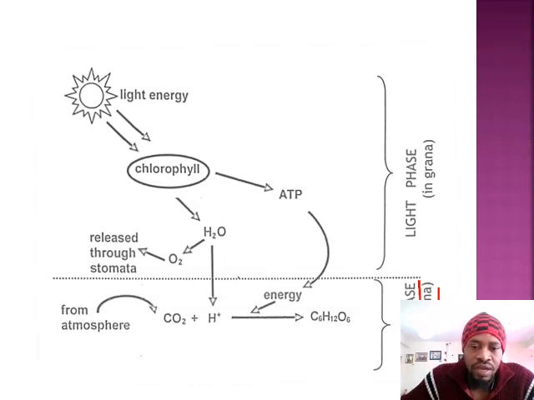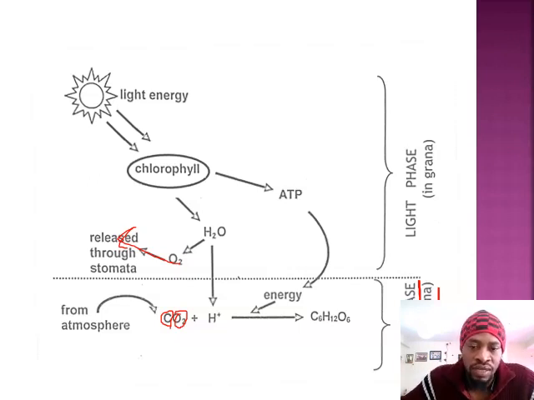Carbon dioxide brings along a combination of 2 things, carbon and oxygen. Remember, oxygen had already gone out from the light phase. We're no longer concerned with that oxygen. It's given off as a byproduct. Other organisms like you and I and other animals which are aerobes are going to use it for respiration, and the plant itself will also use back some of that oxygen for respiration. So we're not concerned with that.